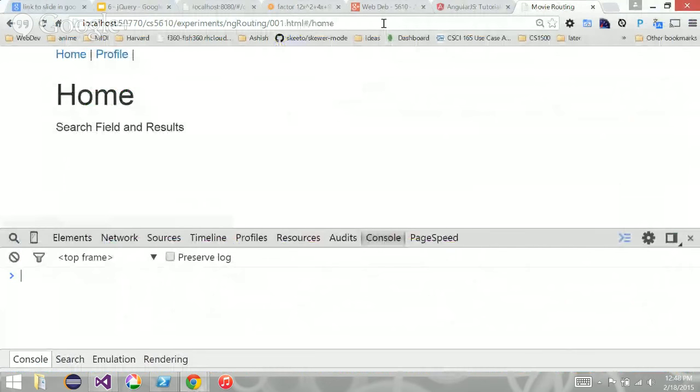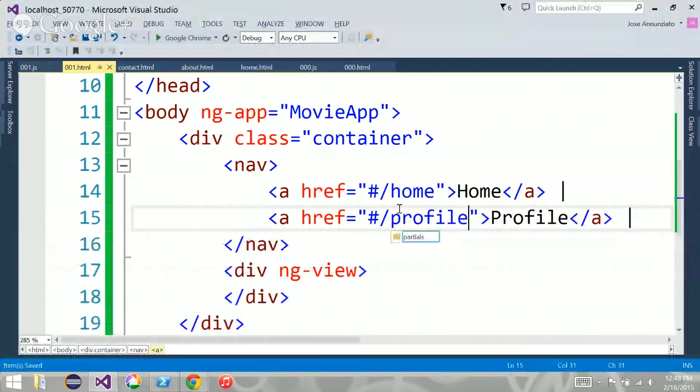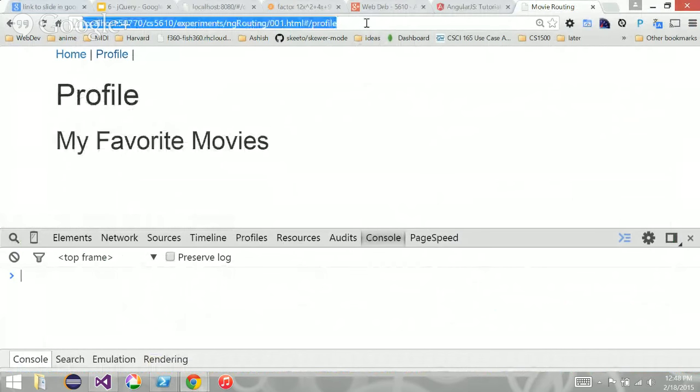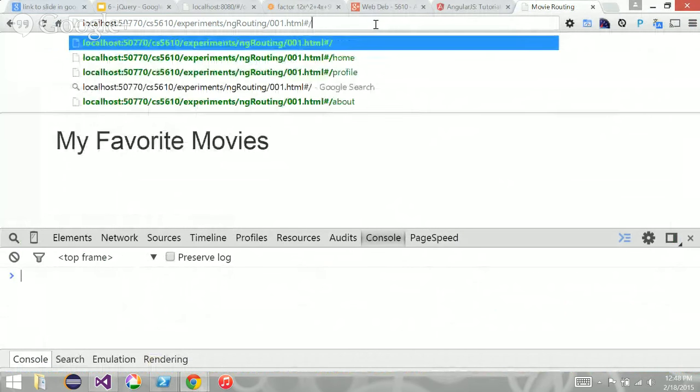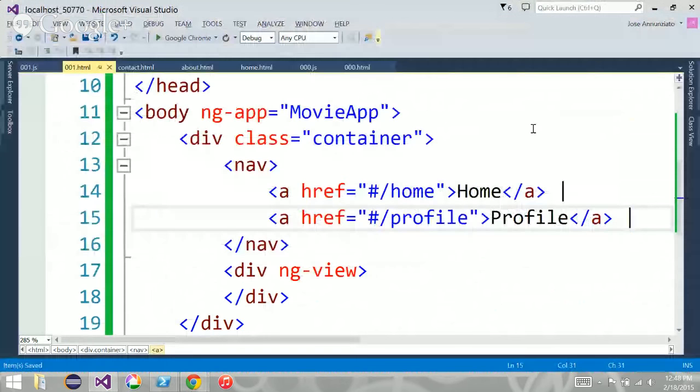1.html. Okay, home. Profile. Oops, something's not working. Oh, did I put the links? Oh, it's profile. Yes. Let's see, profile. There we go. But yeah, so I can navigate, and presumably there's a details page, right? So I can go to the details. Okay. Everybody okay? All right, it works.